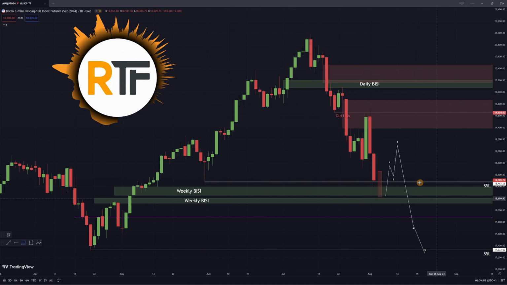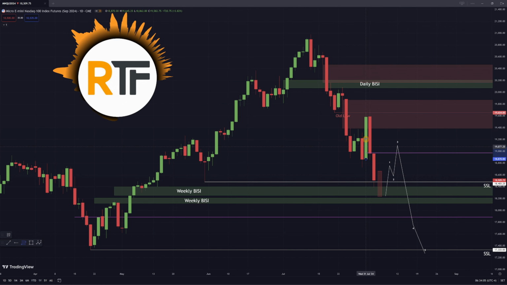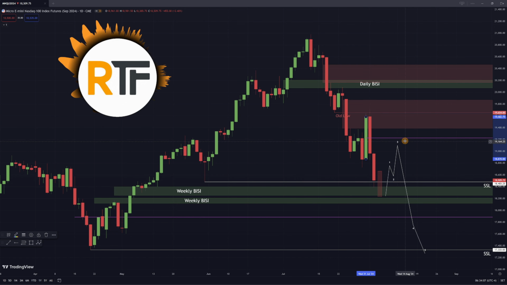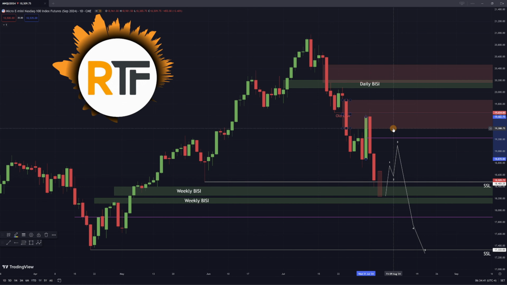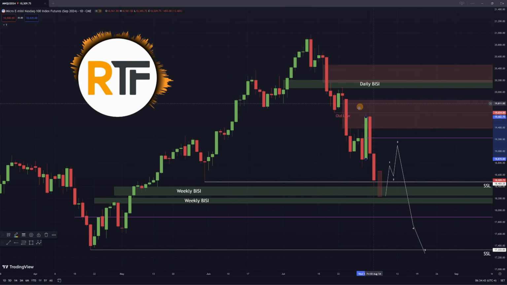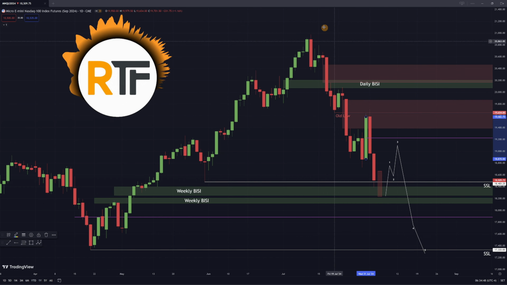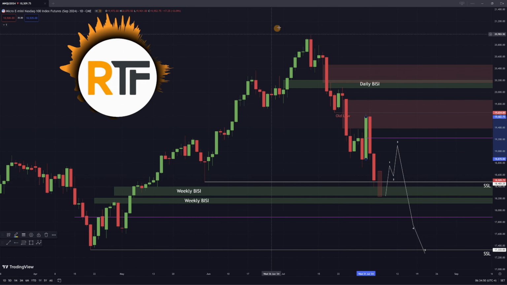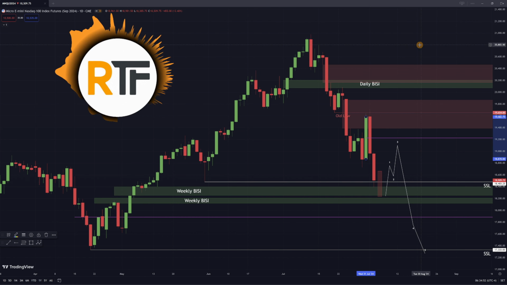But something like this and this daily order block, I do not want to see the mean threshold get closed above. I really want to see this order block push price down into our sell side target. I really don't think price is going to come back and take the swing high over here. If it does, then I could be changing my bias back up and thinking price could take out the all-time high once again. But just like S&P, I am going to be bearish on Nasdaq as well.